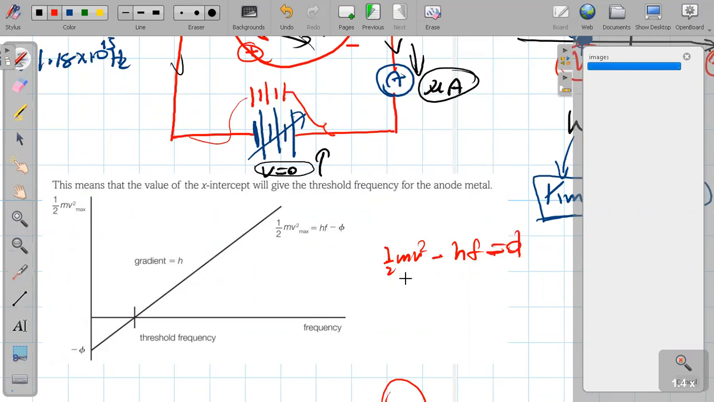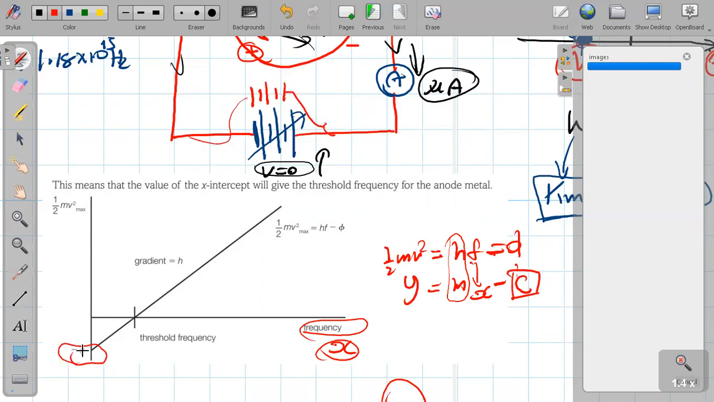Okay, y equals mx plus c, that's the gradient, and the variable is what we can change, the independent one in the x-axis? Frequency. And this one is like the c, sorry, the intercept. So the intercept is the what? Work function. Here this point is the threshold frequency, that means the minimum frequency,